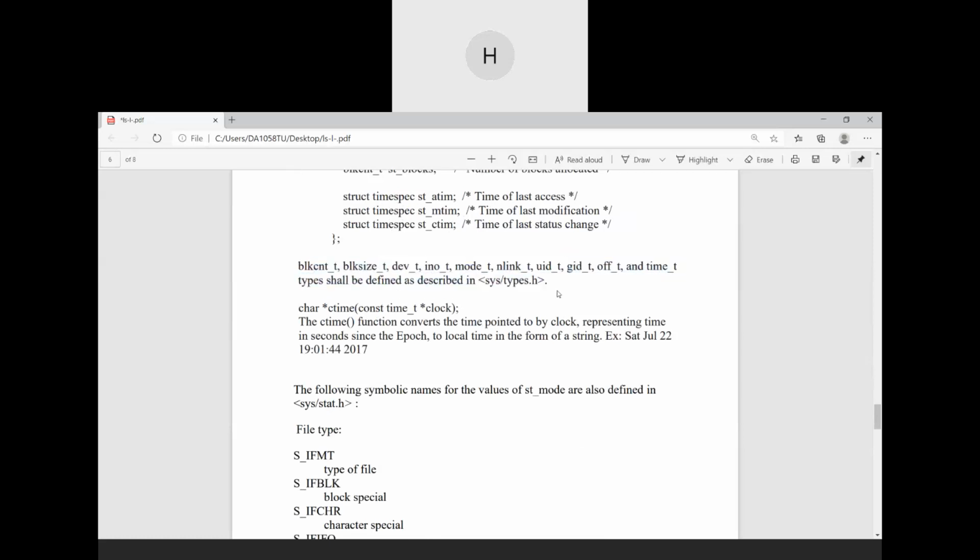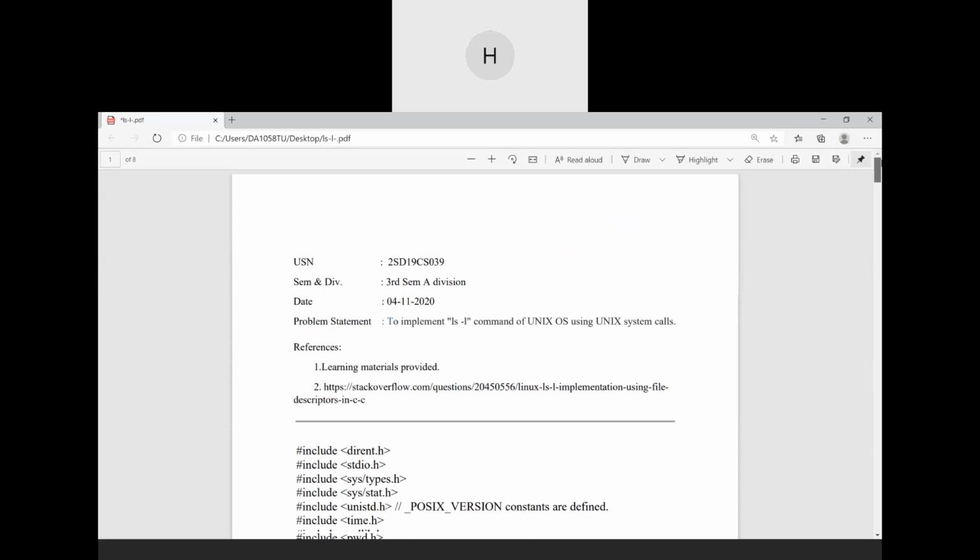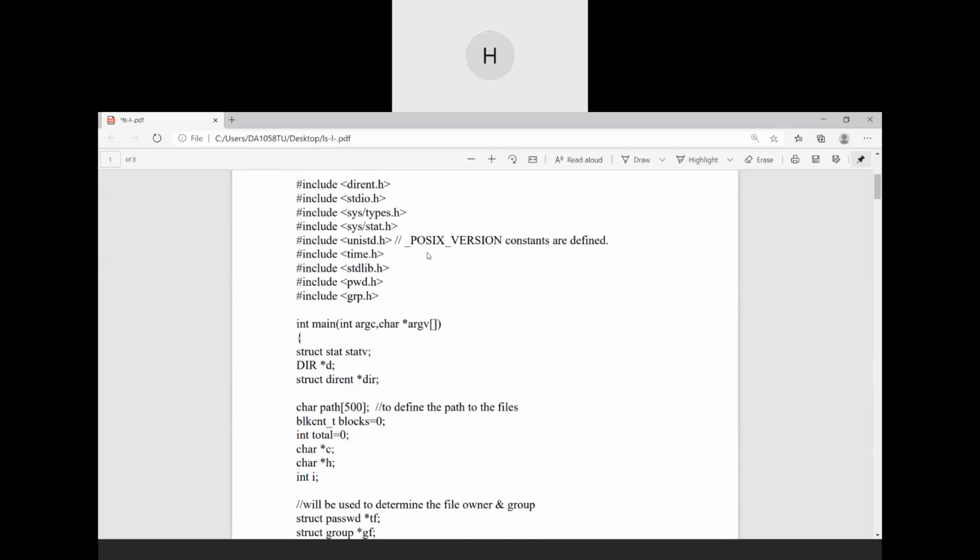These are all defined in sys/types.h, and the POSIX constants are defined in unistd.h. We use the time.h header file because the ctime function prototype is also defined in this header file.